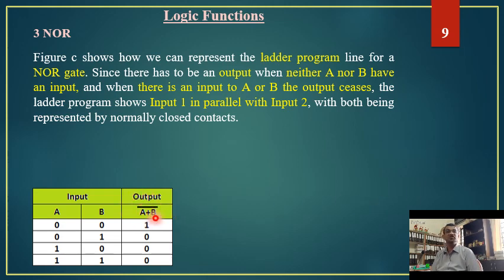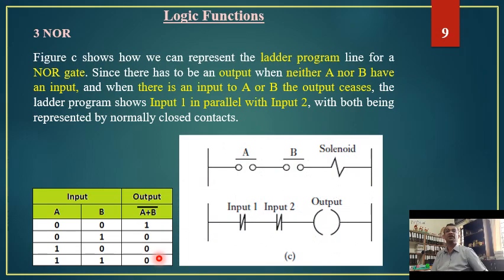A plus B is what OR operation is. A line over there, hash over there means that it is a NOT operation. So 0 and 0, OR operation is 0, but NOR operation is 1. And all other places in OR gate we will get 1. Because it is NOR, we are getting 0 over here. So the output of two inputs will be 1, 0, 0, 0. Whereas if it is OR gate, it will be 0, 1, 1, 1. Right? Let us see how to have a logic circuit for this one.